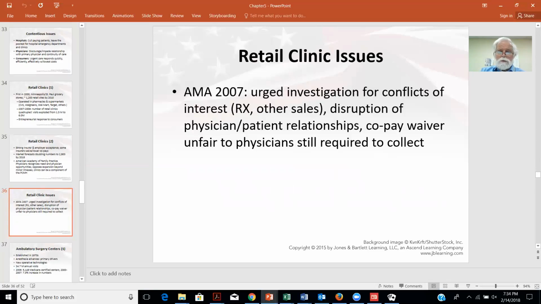There are some issues, as you might expect, a little bit of conflict of interest. For one thing, if you go into a Walgreens clinic, you're right there in a drugstore, so it sort of pushes you to fill your prescription right there. So, again, it gets in the way of the primary physician-patient relationship. But the problem, of course, is that you don't necessarily plan to get violently ill at 3 o'clock in the morning.